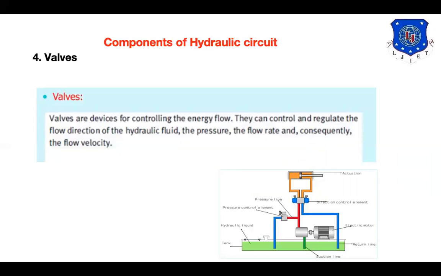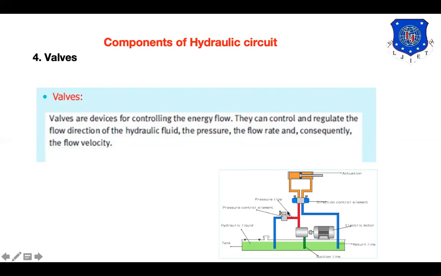Fourth element is the valves. As I told earlier, we have three different valves. In this simple circuit, we had already understood two different valves. The direction control valve is directing the working fluid direction. In this particular scenario, working fluid is directed from this pump line to the cap end of the cylinder, right? And from the rod end of the cylinder, working fluid is returning to the reservoir. But if we want to reverse the direction, it is possible with the help of the direction control valve. In that scenario, high pressurized fluid will be pumped to the rod end, and from the cap end, working fluid will return to the reservoir.